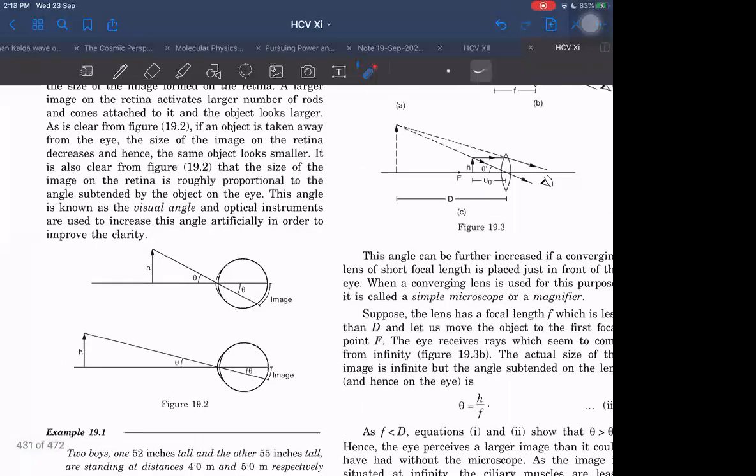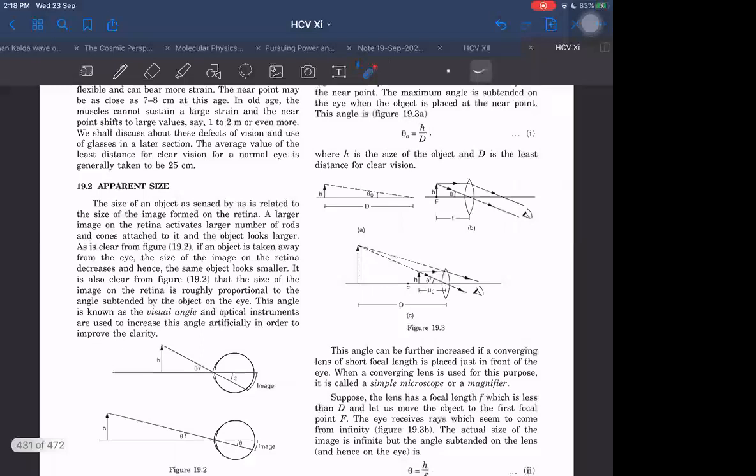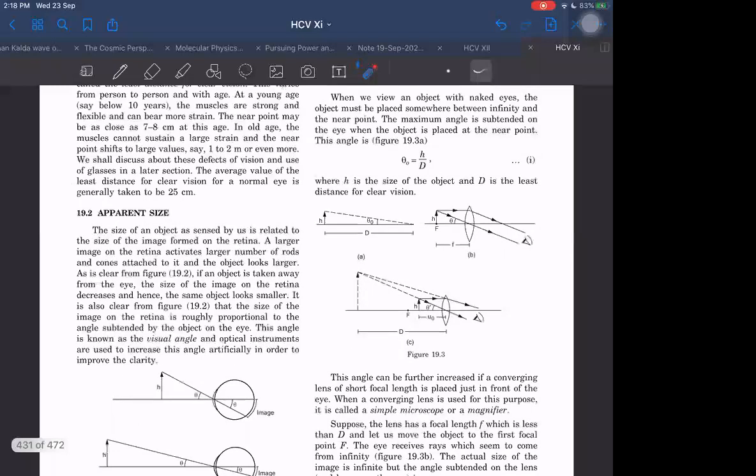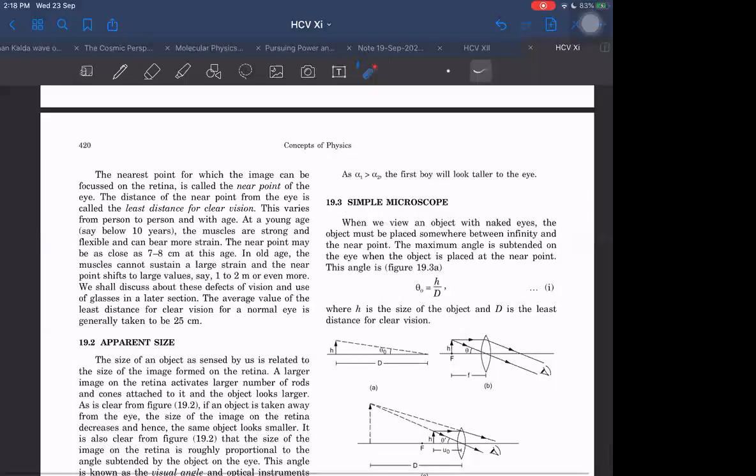It is because of this angle that we are able to see whether the object appears larger or smaller. If this object goes far away, it appears smaller, because the angle it subtends in our eye will be smaller. So the image formed will be of smaller size. Something like that happens. Okay, right. Next we have the simple microscope. Least distance of distinct vision also I should mention. What is the least distance of?